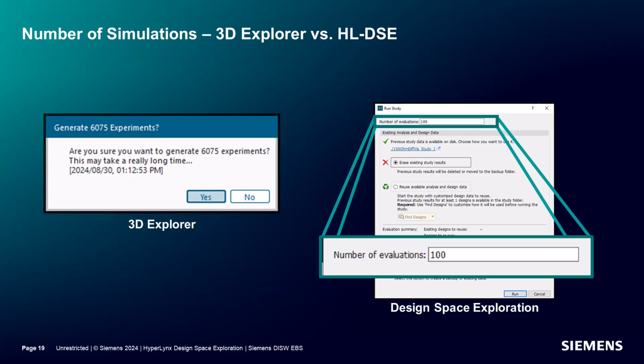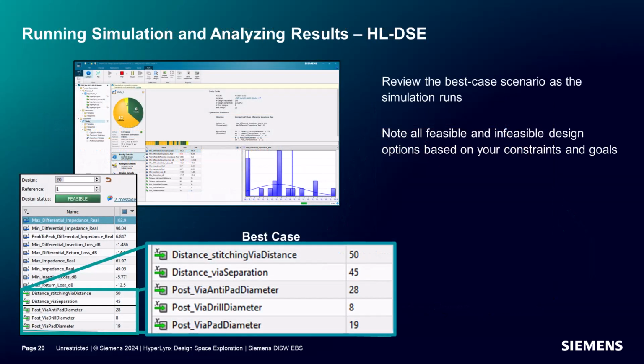Each new experiment teaches it what parameters and variables are getting you closest to the set goals, and it can explore the design space for the next best experiment to run to get you two key pieces of information: your optimized parameter values, and more information regarding how each parameter influences the responses. You can set as many or as few evaluations as you'd like, and the program will run within this design space. As the simulation runs, you can review which designs are working and which are not. It will also end with exactly which design was the best.